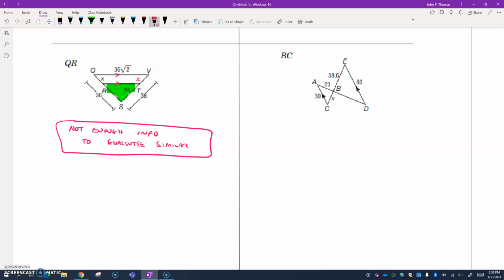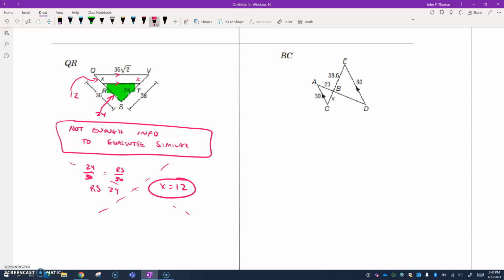And if you did that, what you'd end up with is we're looking at 24 to 36, right, is that ratio of the side. So if I go to the other one, we'd have RS to 36 is the same ratio, which would give us RS is 24. So we'd have a 24 there. And then you've got 36 minus 24, which is 12. So this little piece in here would have to be 12. So the x would be 12. But again, in all technicality, they didn't give you enough information to do that based on the picture provided and